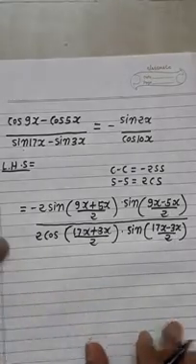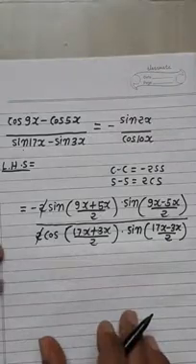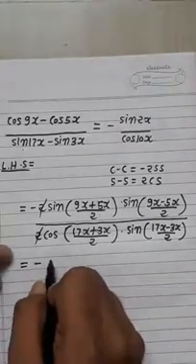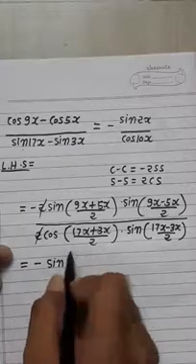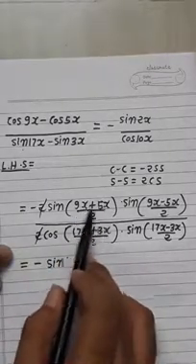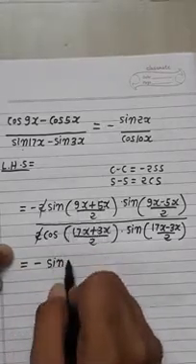Now in the numerator and denominator, 2 cancels out, so the remaining term is minus sin of (9x plus 5x), that means 14x divided by 2, so here we can write sin